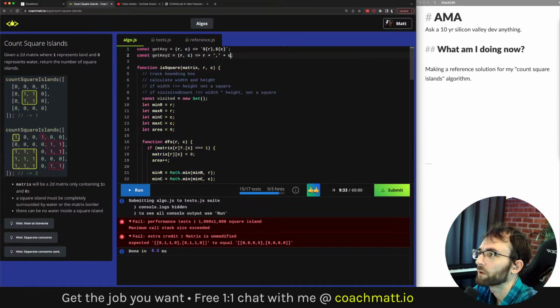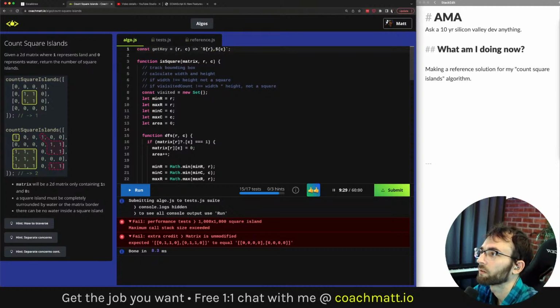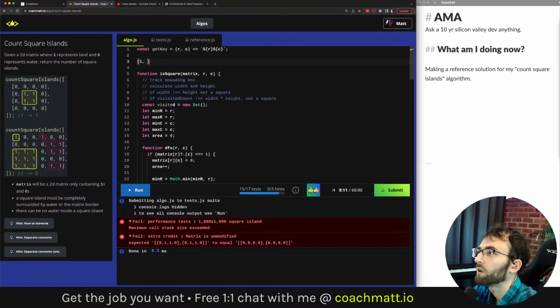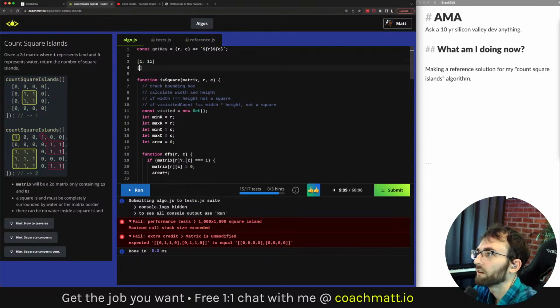So you can argue which one's more readable. I'm currently partial to this approach. You also want to make sure that whatever delimiter you use is a good delimiter. If we didn't have a delimiter here, you would consider 1 and 11 as well as 11 and 1 the same.